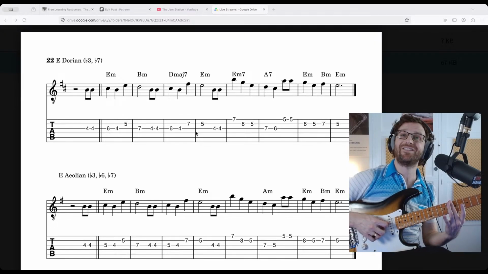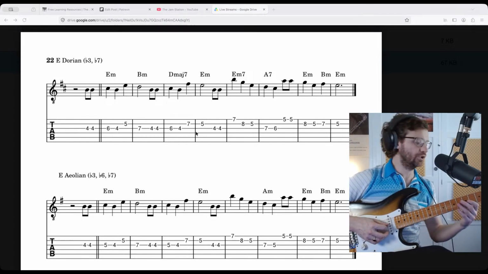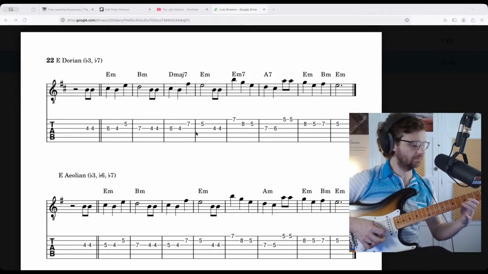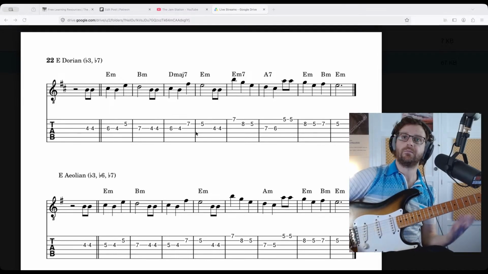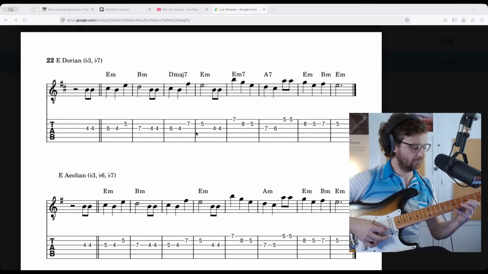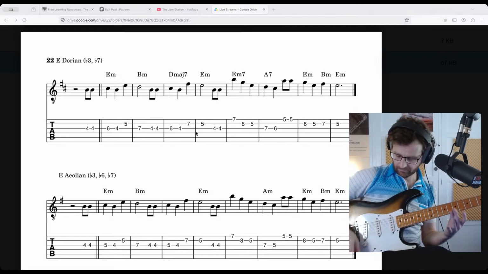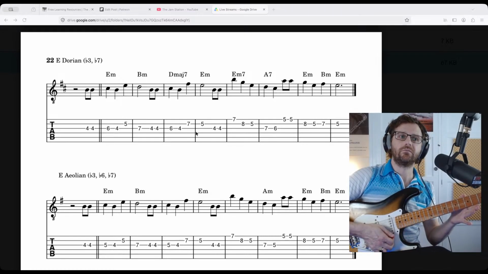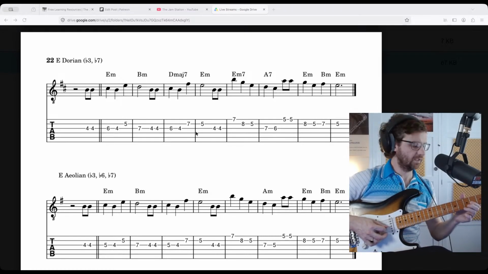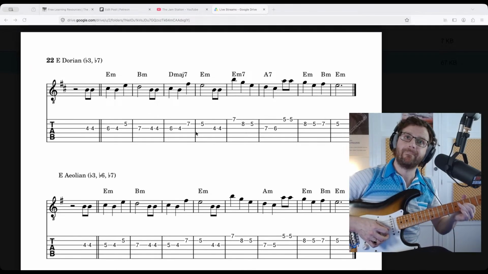The harmonics at fret 7 are the same notes as the actual fretted notes there. So you could... very nice. Up, pre-bend, and then